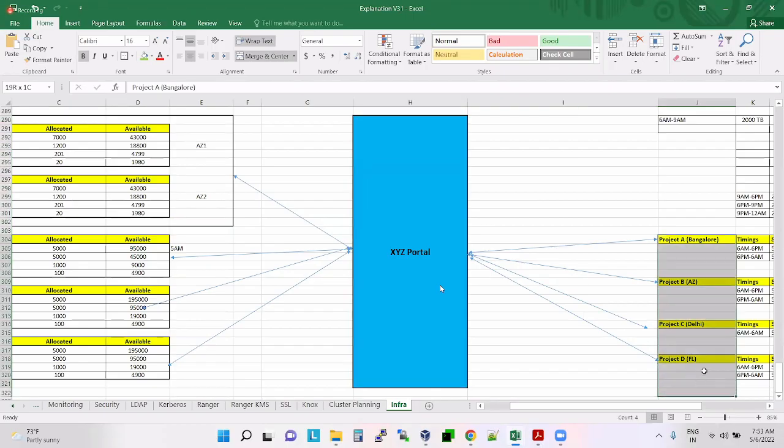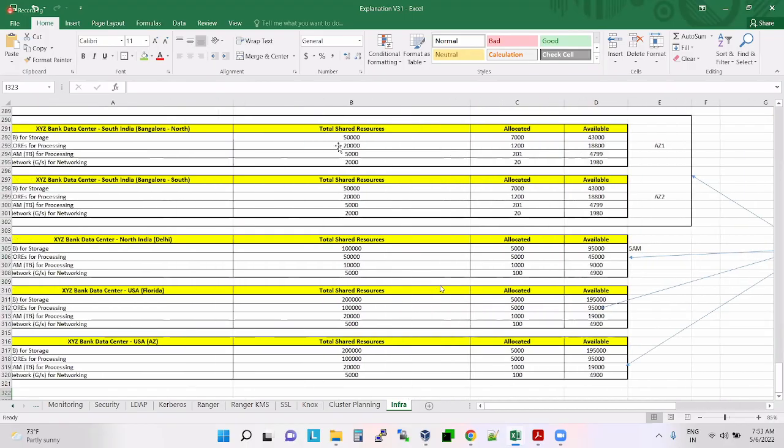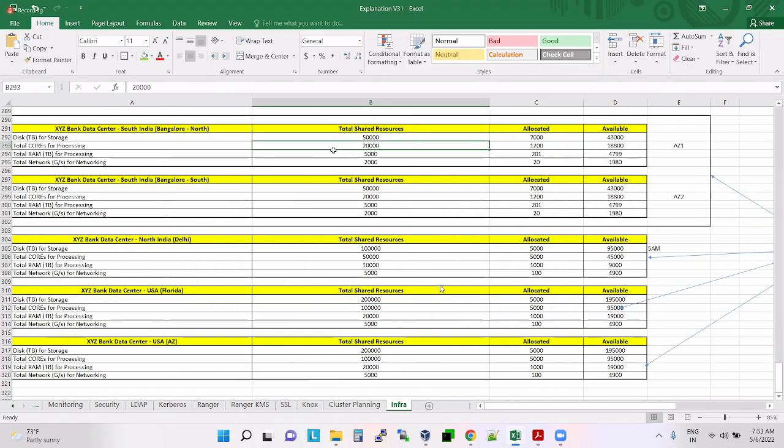Each project's people will request resources from the XYZ portal, and you will not have so many resources here. Maybe 5,000 storage like this, out of which allocated is, let's say, 2,000.